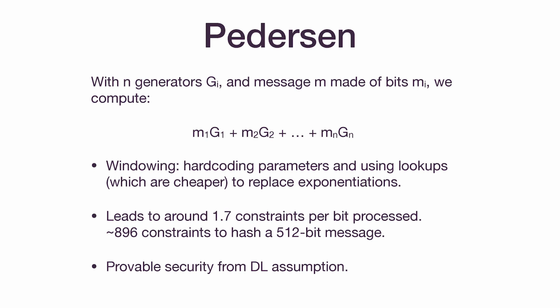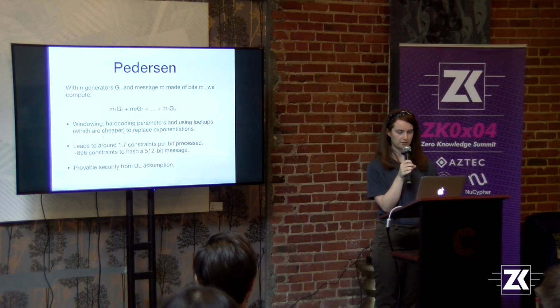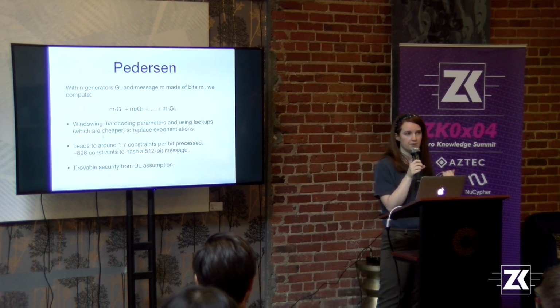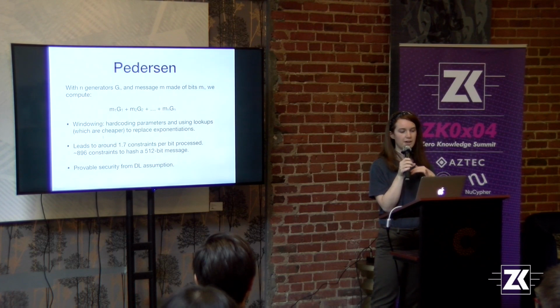It's a Pedersen hash, and what you do is you split up your message into its bits, or you could split it into little bit chunks, and then you have generators, which are the Gi in this case, and you can just multiply little sections of your message by each of these generators. And this is great because instead of where we had bit arithmetic before, we now have field